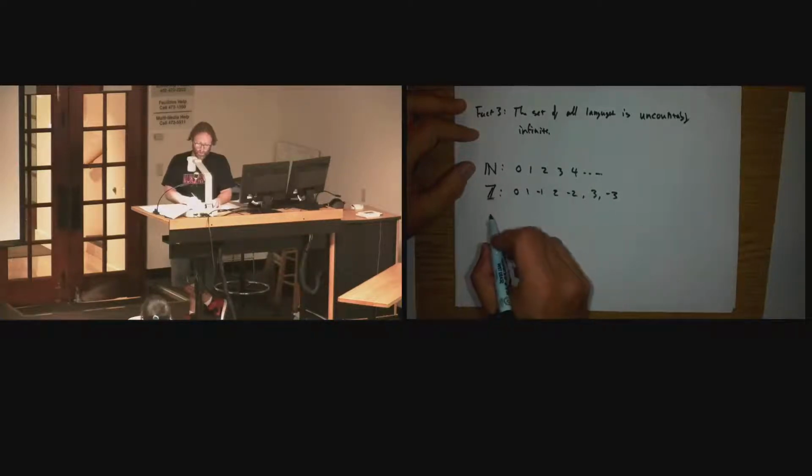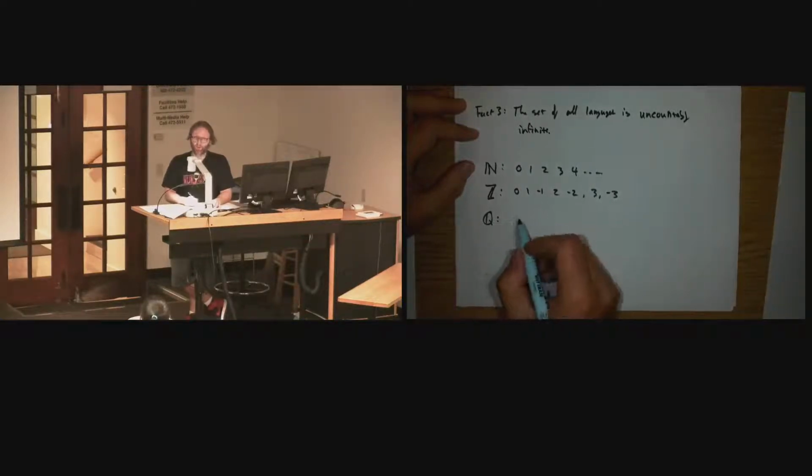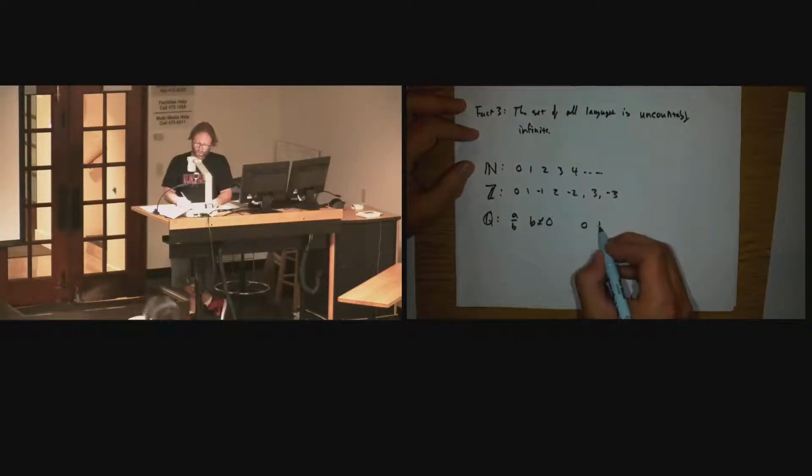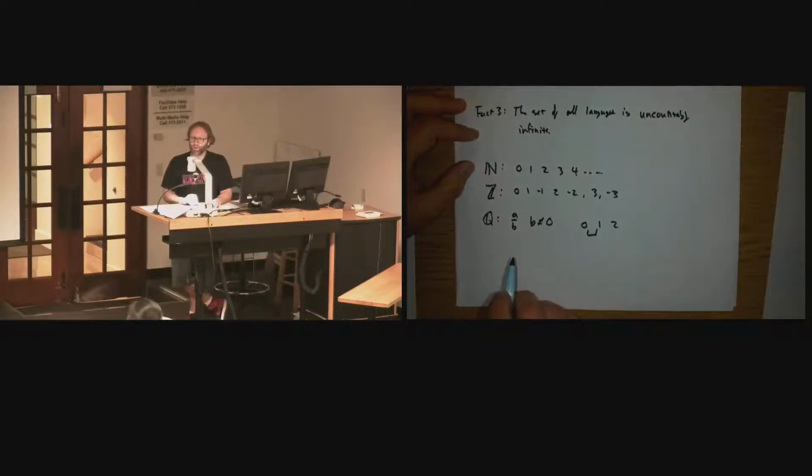Okay? Q is countably infinite. What order do I do these in, though? Q is the set of all rational numbers, all A over B, with B not being 0. Can I write those in a line? So what if I go 0, 1, 2? Wait a second. What about that infinite number of values like 0.5, 0.75, right? Pi divided by 3. All of those, or pi divided by 3 would be over here, but pi divided by 4. There. Now we're over here, right? So how do I make sure that I don't miss any? The trick is to